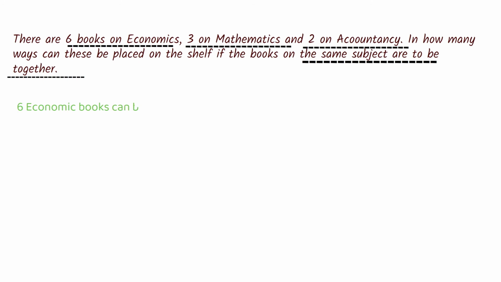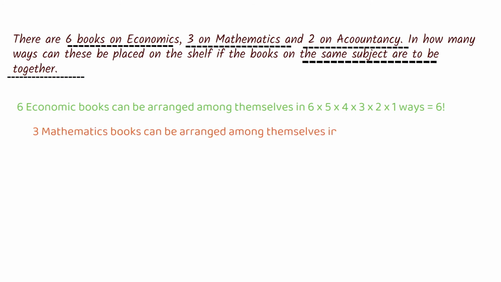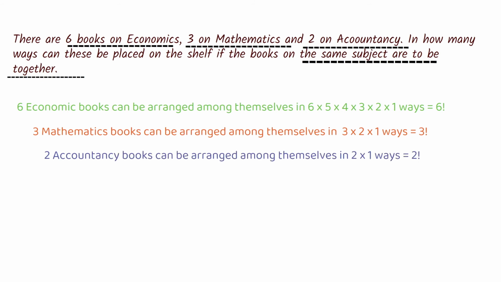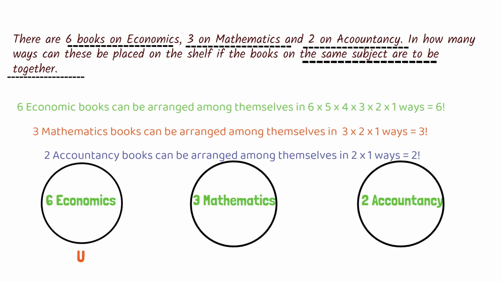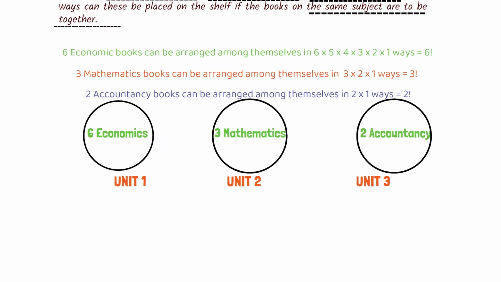So let's see, 6 economics books can be arranged among themselves in 6 factorial ways. Now 3 mathematics books can be arranged among themselves in 3 factorial ways. And last, 2 accountancy books can be arranged in 2 factorial ways. Now consider the books on each subject as one unit because we have to place the same subject books together. Now as there are 3 units, guess these 3 units can be arranged in